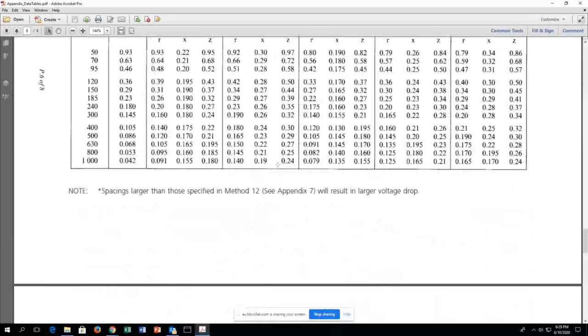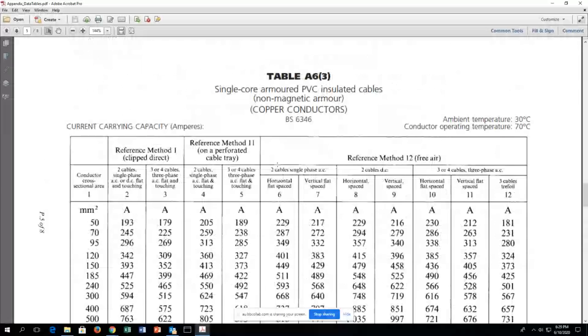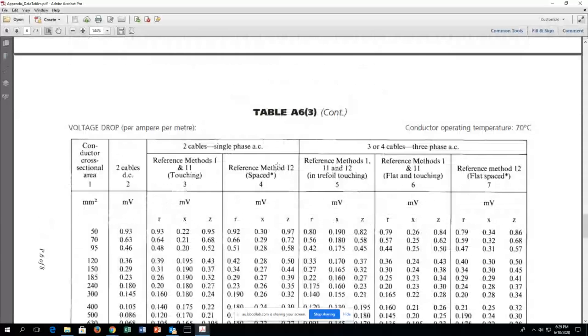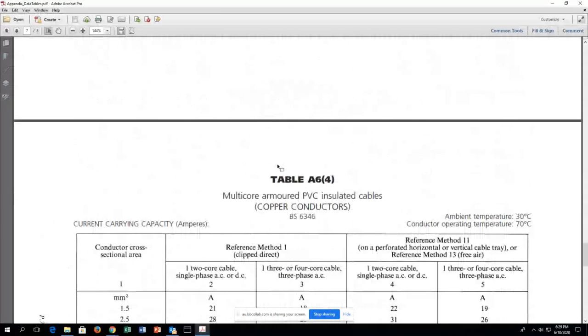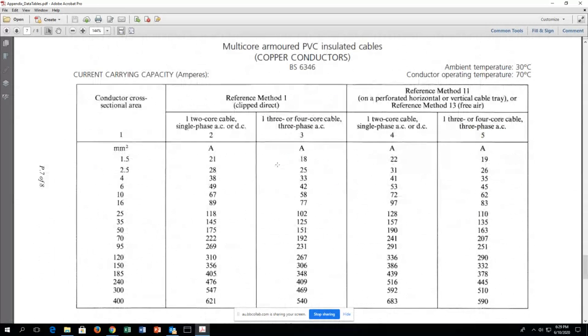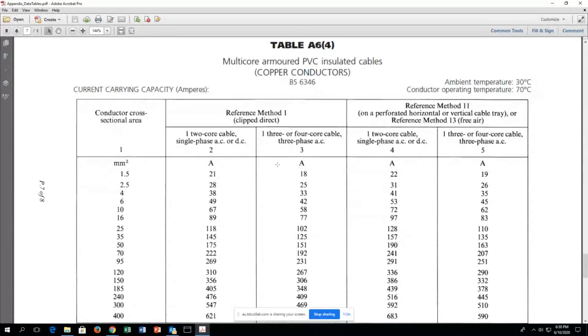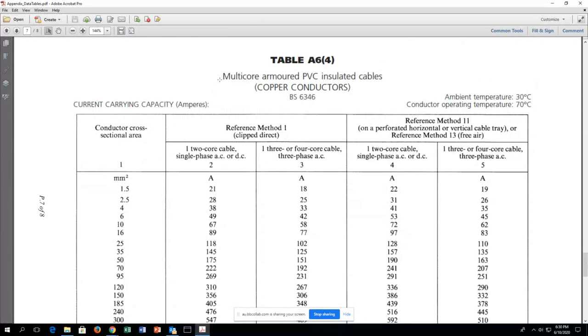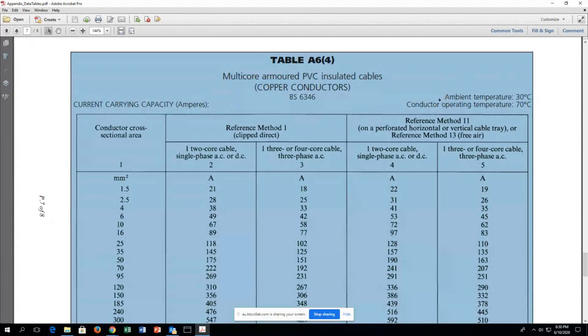Okay, so we have many tables here, but we should find the 2-core cables, not single core cables. Suppose now we come to this, right? The table A64, which is for multicore armoured PVC insulated cables. And for